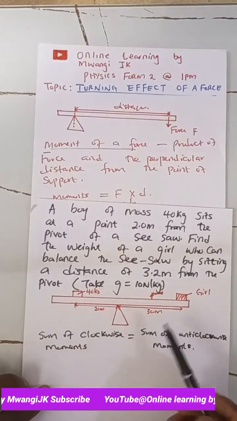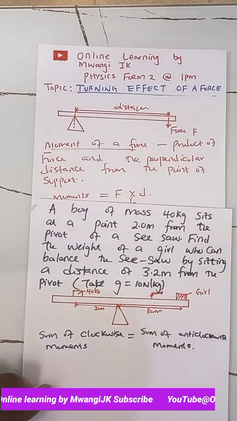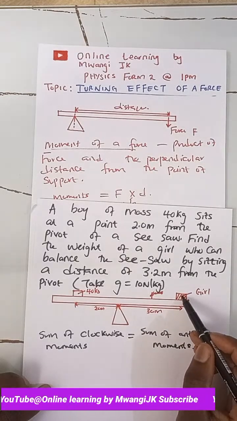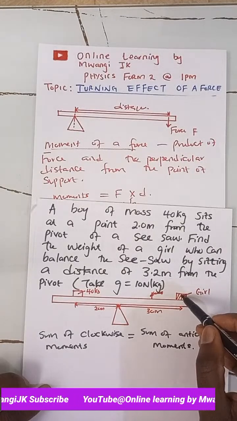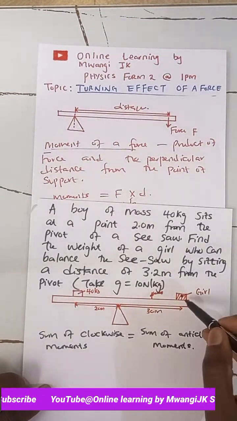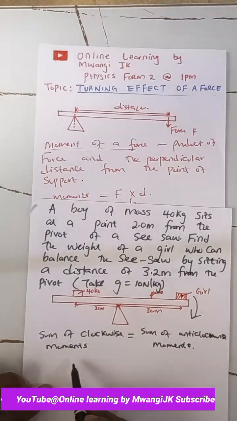In this case we are going to look, is it the girl or the boy who is moving the seesaw in a clockwise manner? And if you look, when the girl is sitting at this position, she is the one who will push the seesaw in a clockwise manner, and therefore we are going to take